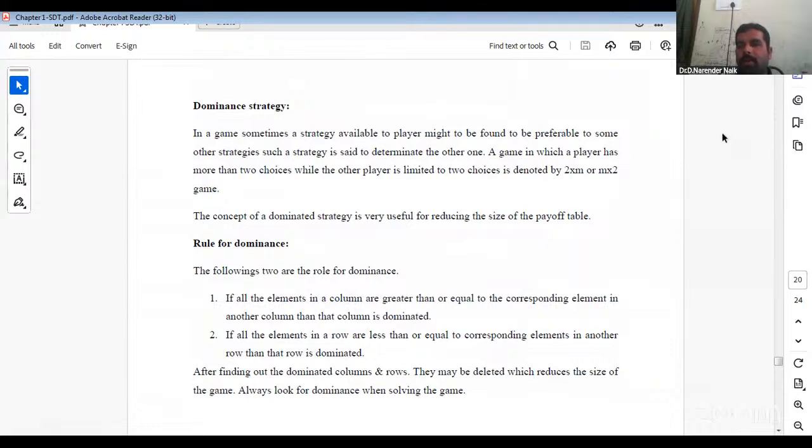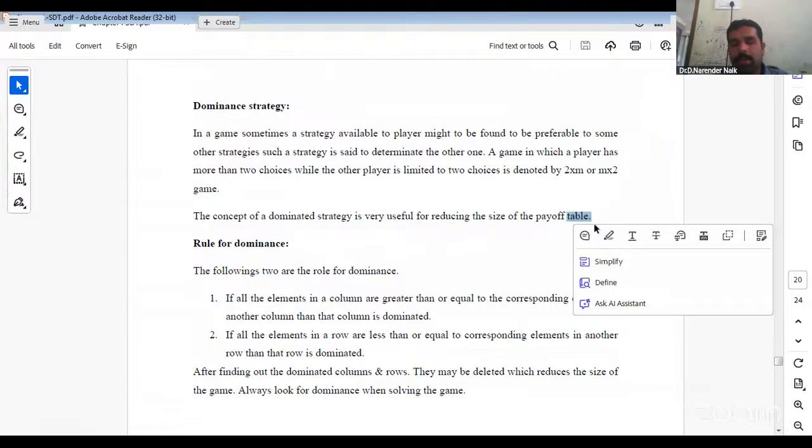If the saddle point does not exist, then what do we have to do? We have to reduce the size of the matrix till a 2 into 2 matrix size. When the matrix size is reduced to 2 into 2, then it is possible to check again whether the saddle point exists or not. If the saddle point exists, the problem will end. If a saddle point does not exist, and the matrix size is 3 into 3, we have to reduce the matrix size here.